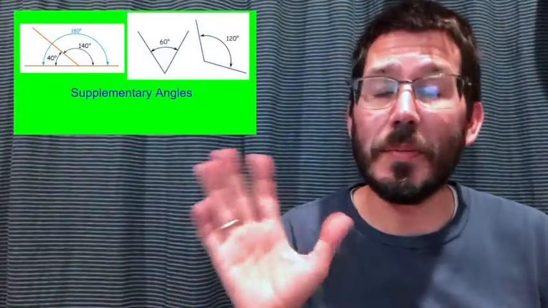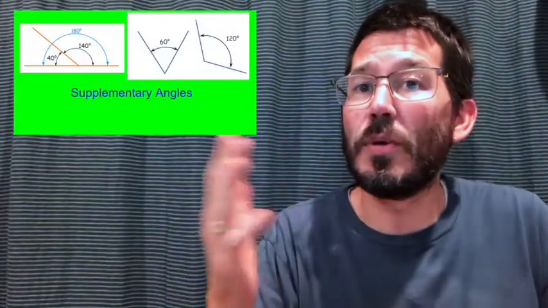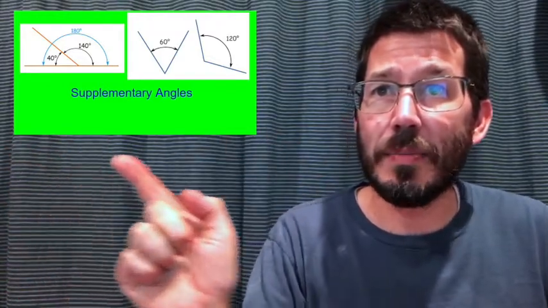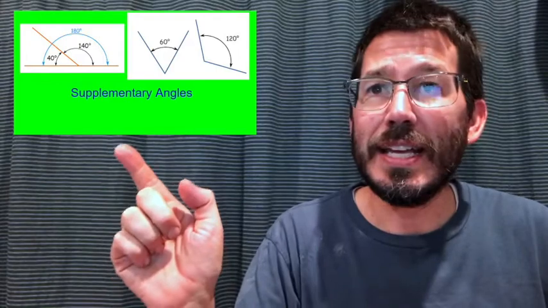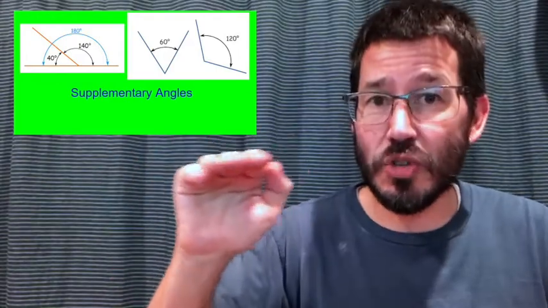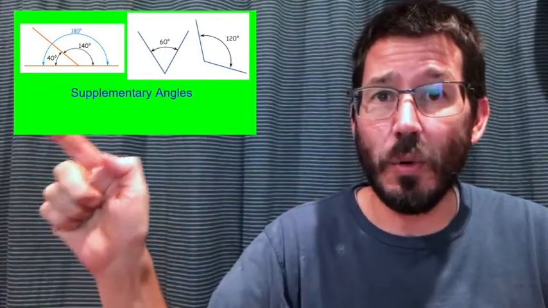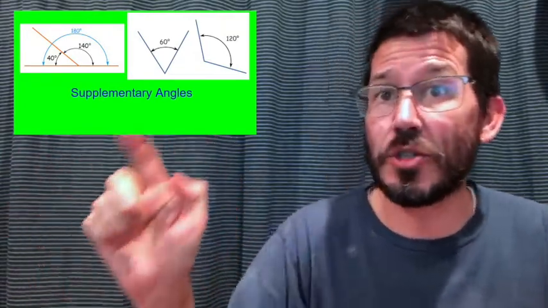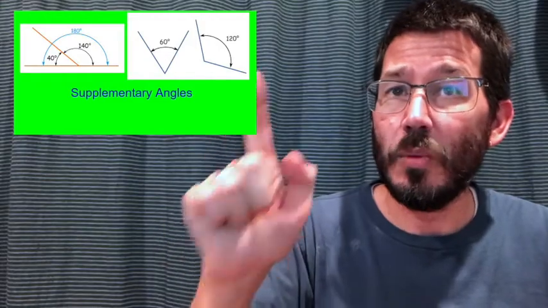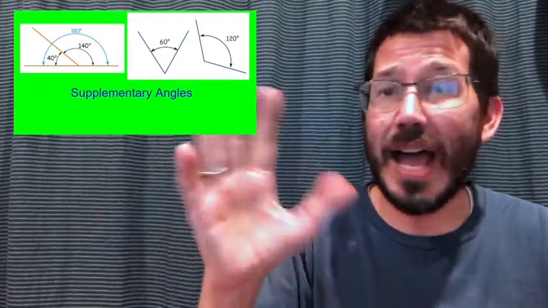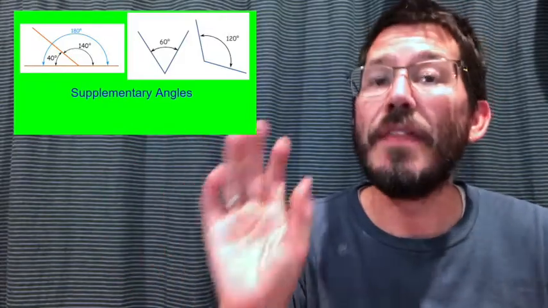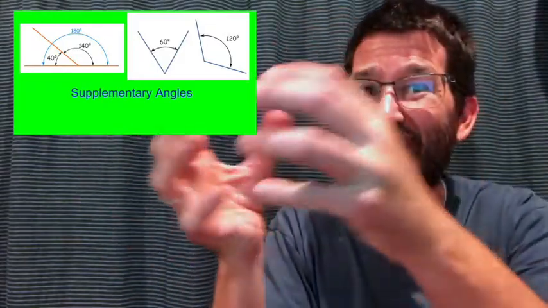And last but not least, we have supplementary. Supplementary is just like complementary, but instead of with a 90 degrees, we're talking about 180. Look over here, all right? Supplementary angles. This right here makes a straight angle, 180 degrees. We got 40 plus 140 makes 180. And the same thing comes true over here, all right? We have 2 angles. They're not touching. They don't actually make a line together, but 60 plus 120 still makes 180. They would make a line if we rotated and fit them together,